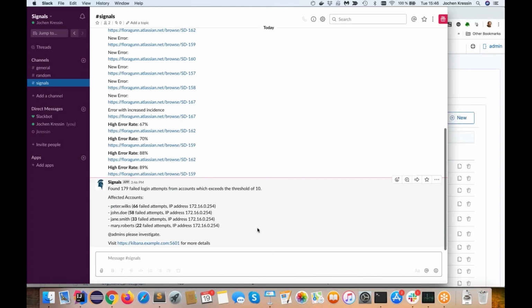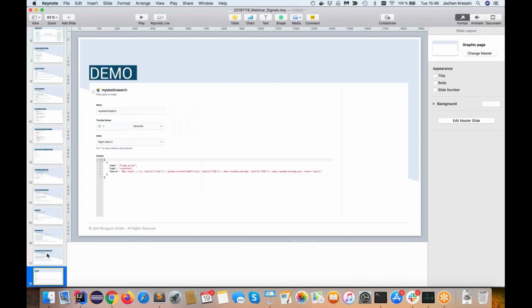You could now also pull in, for example, some geographical information based on the IP address by using a geolocation API, for example. You could also implement a watch which fires if you have logins from different IP addresses from different locations. So this is really just a basic example on what you can do regarding security monitoring. Okay, so now just as an outlook,